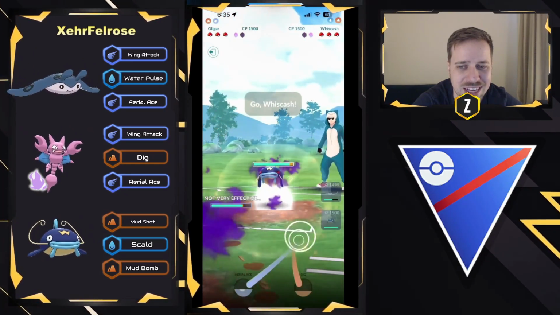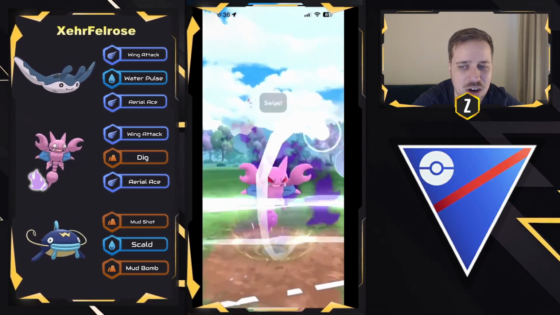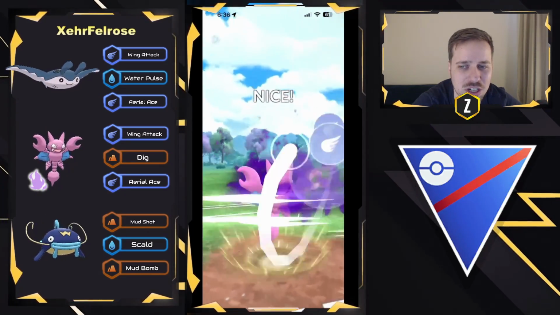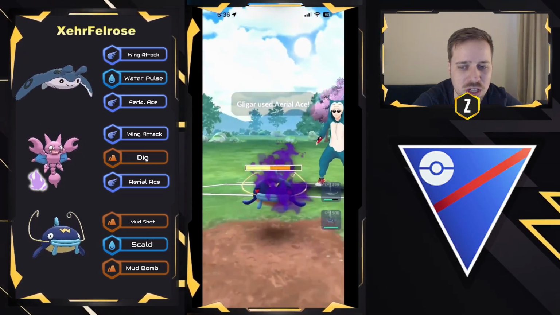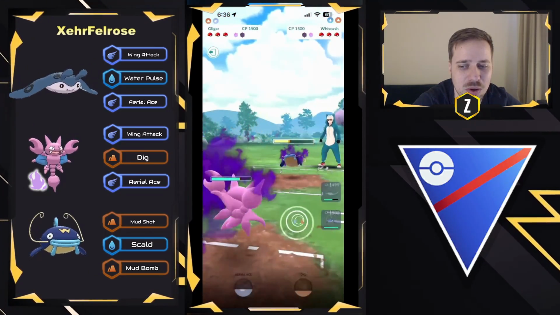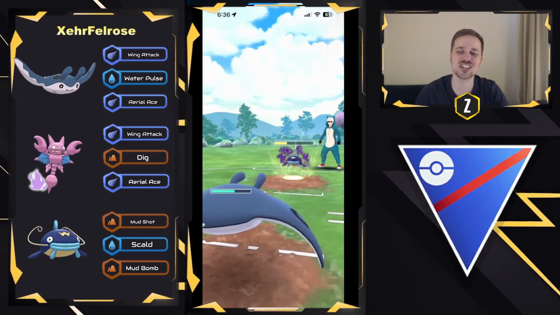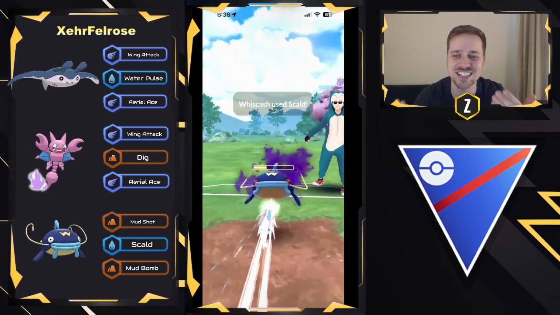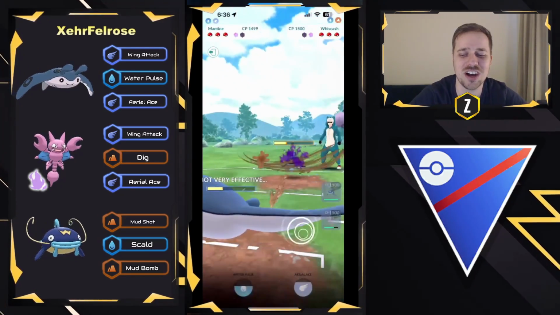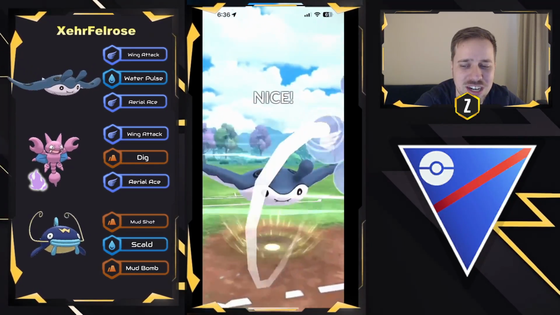Switch Clock is back up, and Whiscash is coming right in. And Zaire knows that he has to start chunking some health. He cannot risk going for a dig before the Scald tries to land. And now we will see the potential catch on Mantine, and he does catch the charge move, keeping Gligar alive. I'm smiling, Zaire's smiling, Scald was caught, and this is now a very good situation for Zaire to be in,